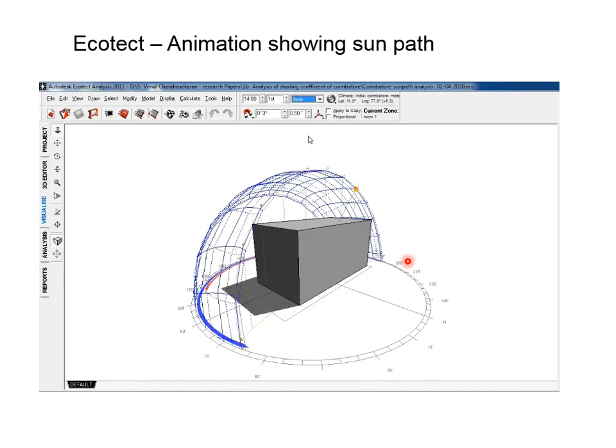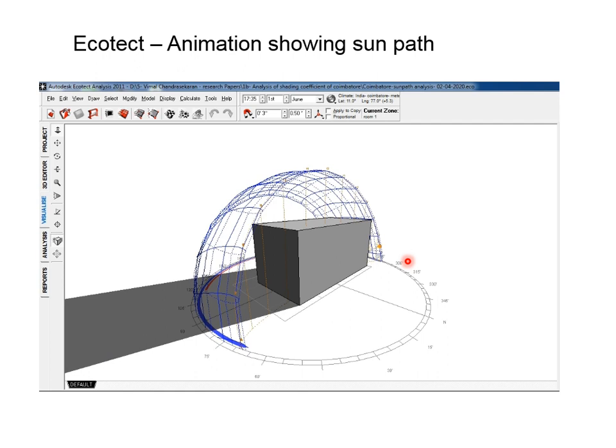Maybe again in June, if you can see, June is almost like summer. In the summer, the northern part of the building is mostly affected. You can see the roof is affected, the north side of the roof is very affected because of the sun. This is the way you can simulate and see in Ecotect for a better understanding.